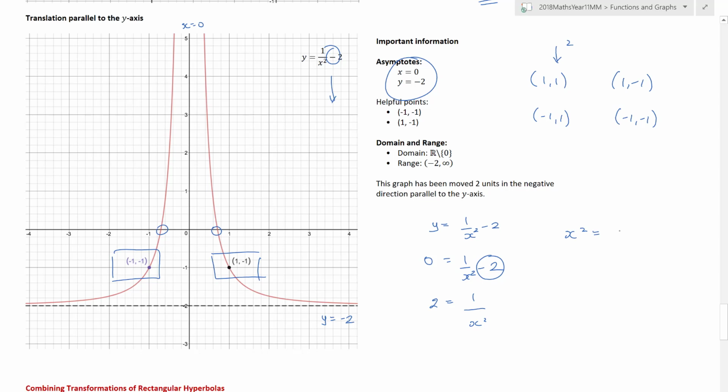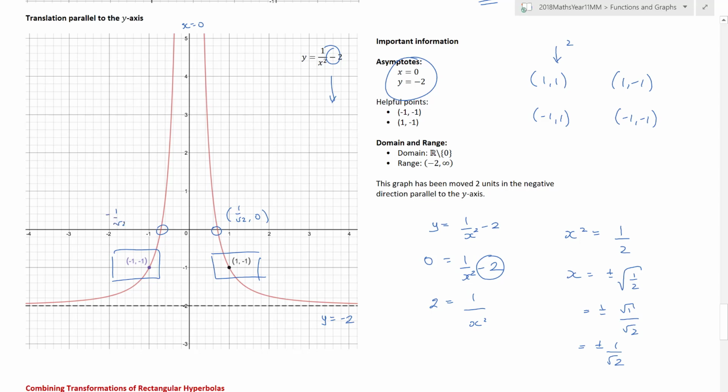A little bit more manipulation. And that gives me x is equal to plus or minus the square root of 1/2, which can be rewritten as plus or minus the square root of 1 over the square root of 2, or more simply, plus or minus 1/√2. And again, here I would be putting my x value as 1/√2, 0, and here I'd be doing